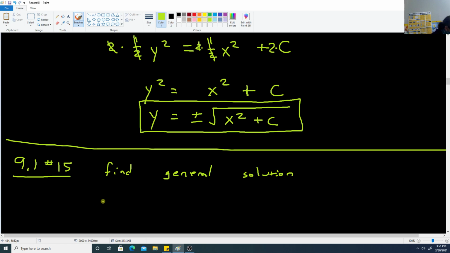So what they give us is a differential equation. They give us a dy dt. So instead of x's, we have t's. Dy dt